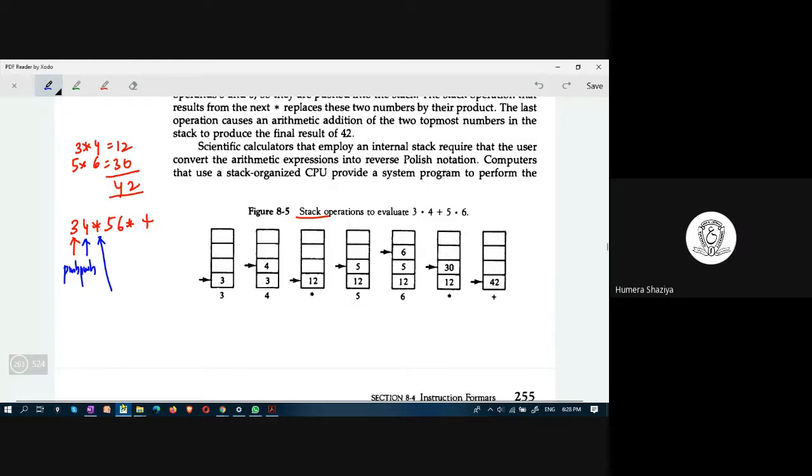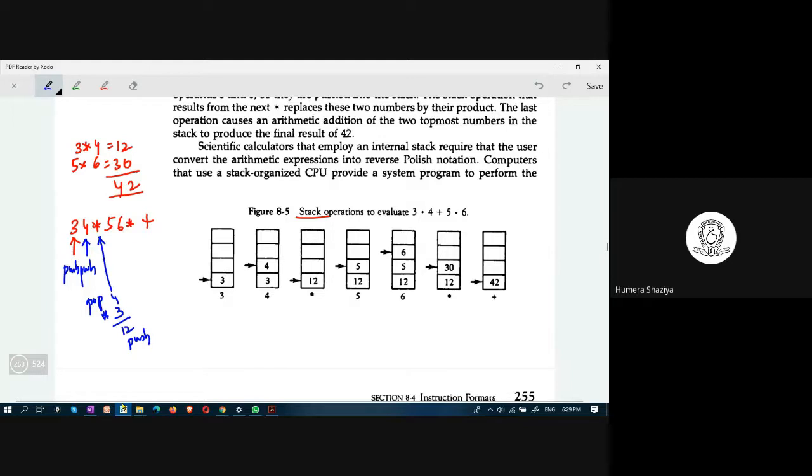So it performs pop of 4 and pop of 3. Then what does it do? It performs multiplication, obtains the value 12, and pushes this 12 into the stack.